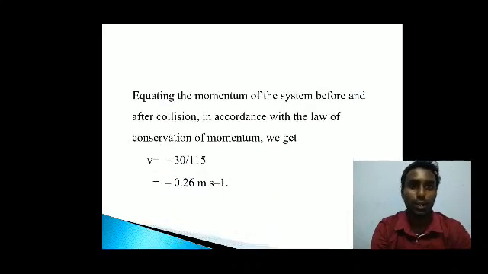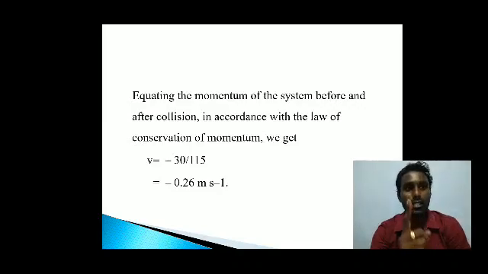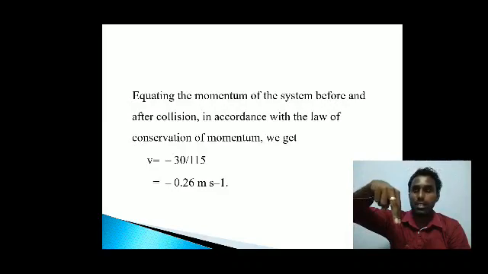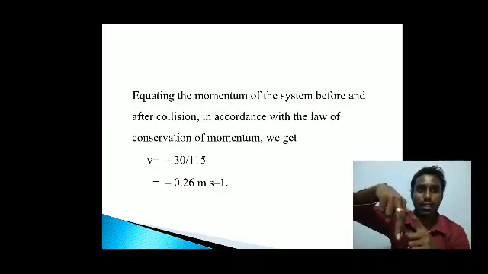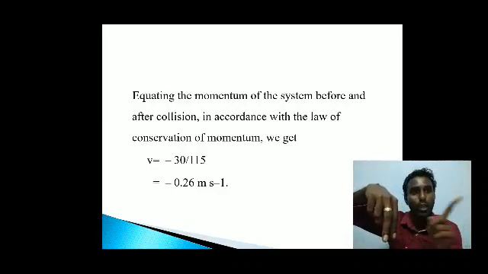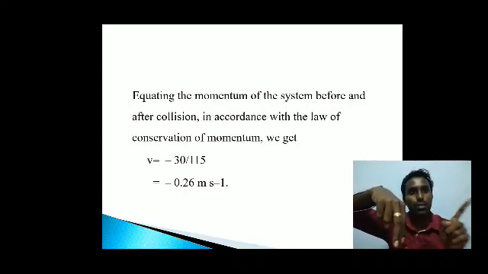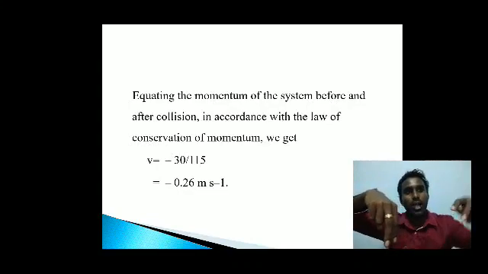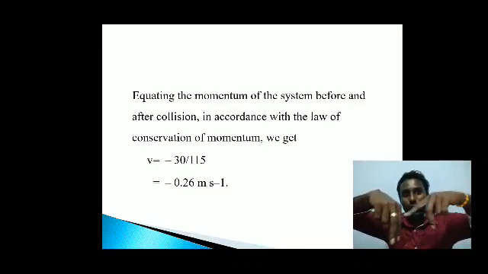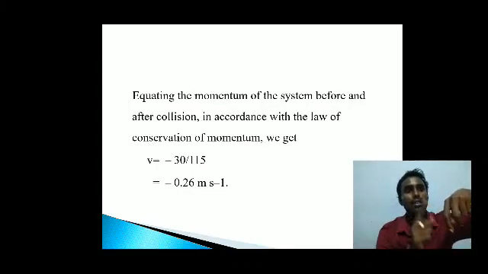So here if you equate the before collision, it will come minus 30. Sir, how will minus 30 come? For me a different value is coming, sir. So that is why I said the sign convention is very important. Because the first person is coming, he has mass and he is going in one direction, that means left to right. That time you have to take positive, and the person who is coming opposite to this person, you have to take negative sign.